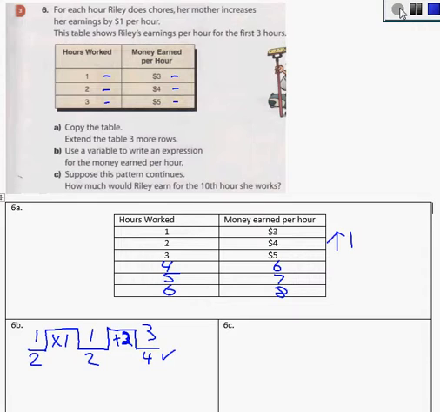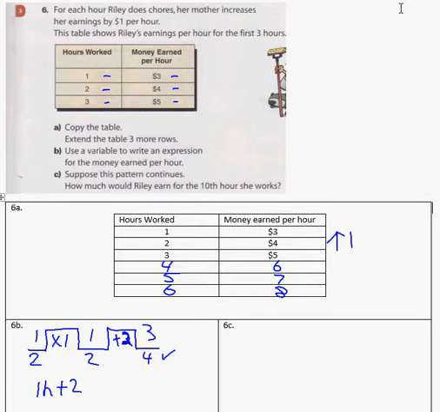Now I've got to turn this into an expression. So I take the first number in my first machine part. So it's times 1 there. So I'm going to put a 1 here. And then I'm going to choose a variable. Now these are hours worked. So I'm going to use H to represent the hours worked. And then I'm going to take the second part of my input-output machine, which is plus 2. And I'm going to write it plus 2. That is my expression. 1H plus 2 is the expression that you can use to figure out how much money